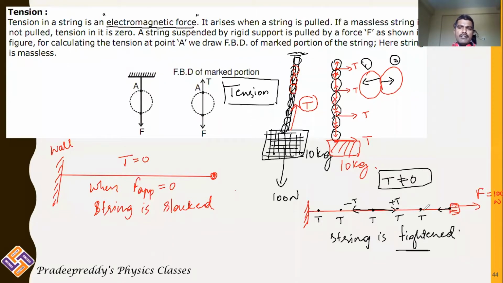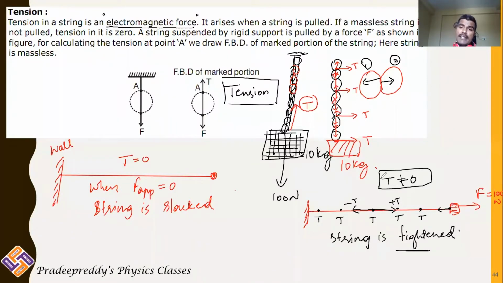Therefore, tension is the other type of force, which is a contact force. Whenever there is an applied force acting on strings or springs or any other wires, in such cases there comes tension in that particular string, which is non-zero when the applied force is non-zero. If there is no applied force acting on the string, tension in the string is said to be 0. The string is said to be slacked. And remember, these all are massless strings which we are approximating.